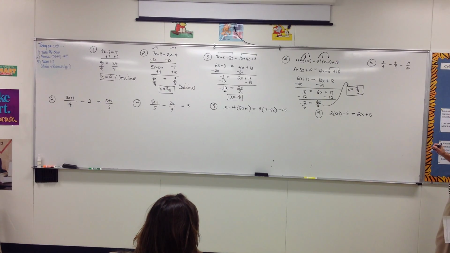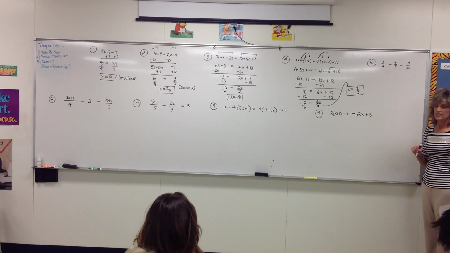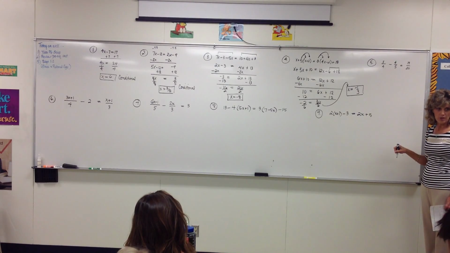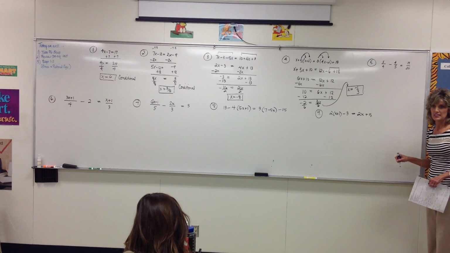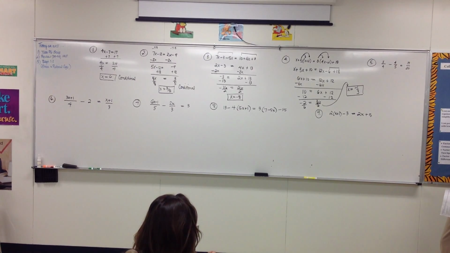On number 5, you notice that you have an equation to solve, and it has fractions in it. There are no variables in the bottom of the fraction, just numbers. So this is not really considered a rational equation unless it has variables in the denominator, but it's rational in the sense that it involves fractions. And so we have a magic trick. We're going to use this all year long, so it's an important one to learn. Anytime you want to solve an equation that has a fraction in it, you can multiply every term all the way across